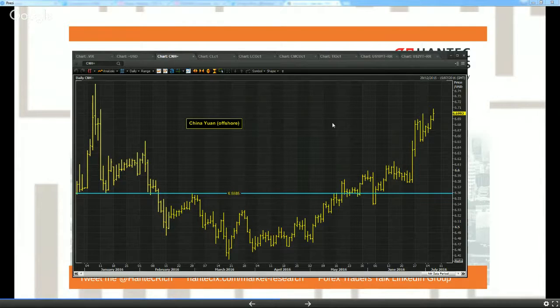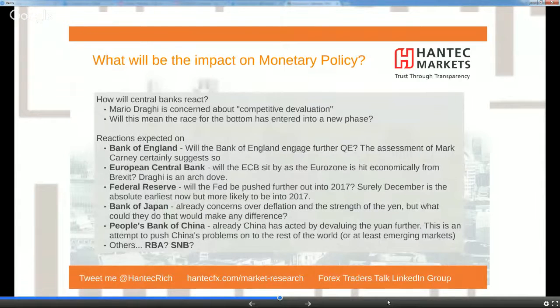So the People's Bank of China is already trying to react to the prospect of weaker economies and weaker growth around the world, and it certainly seems to be preparing for it through its monetary policy at the moment. So what would that mean for the ECB? Well, probably they'll react in some sort of way as well. So I think that would drive a lower or weaker euro.